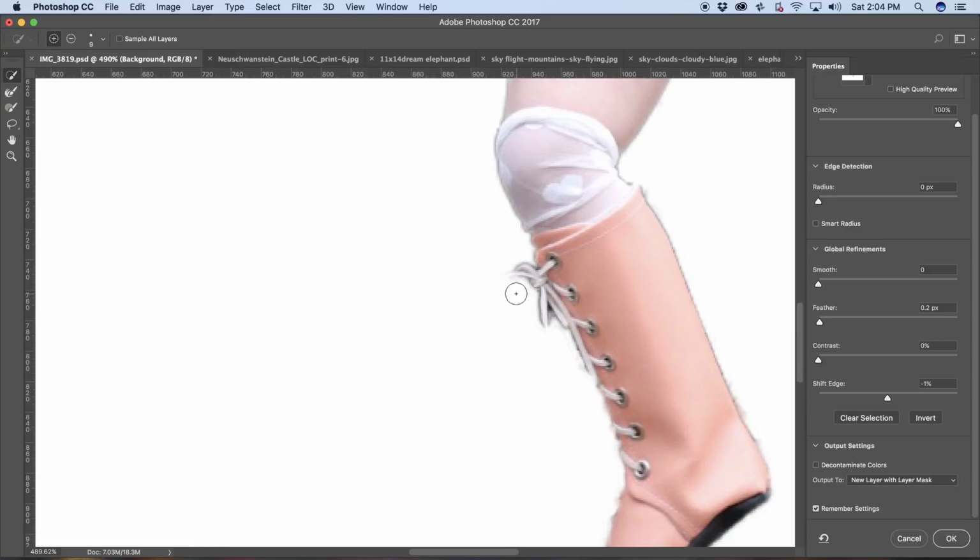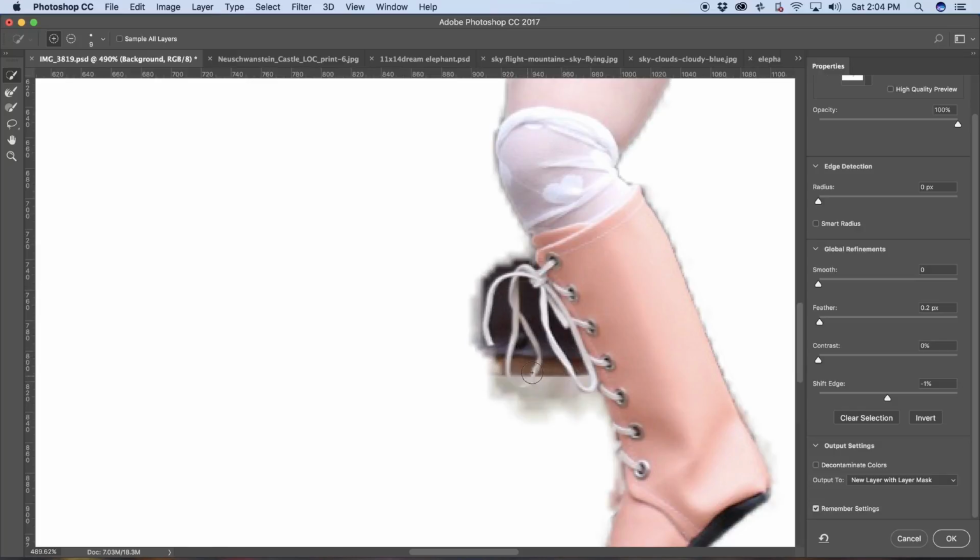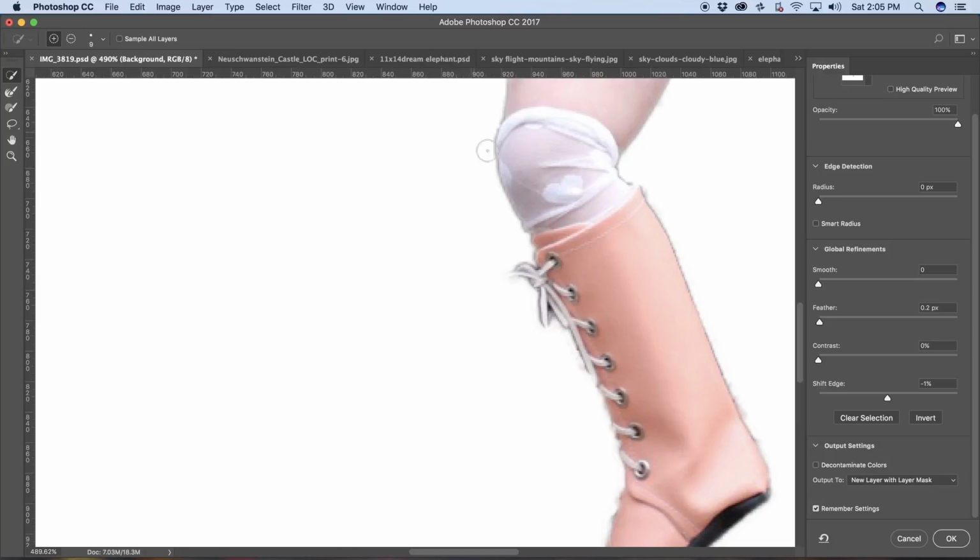Now, one of the difficult parts of this is the shoelaces. If I hit W and go to Quick Select and just select it, that's okay, but I've told it that I want this selected and I want that selected, so it thinks I really want all this selected. So Control Z, I don't really want all that selected. Now if I hit the Brush tool and I brush over it and select it,